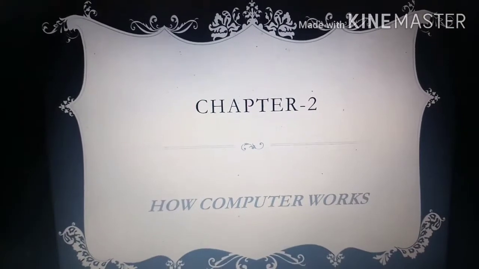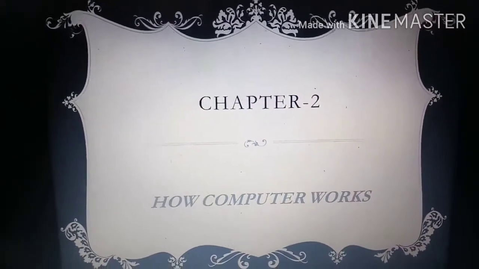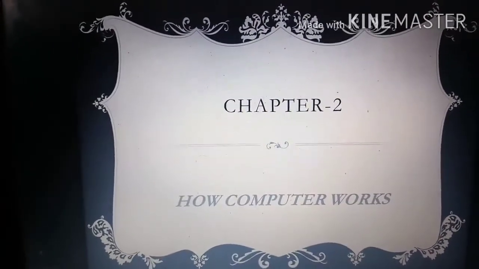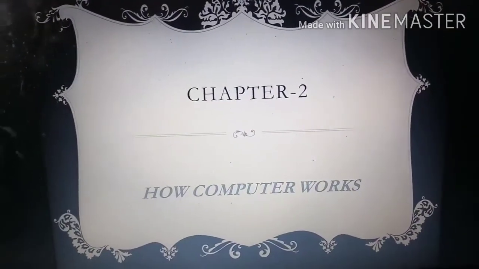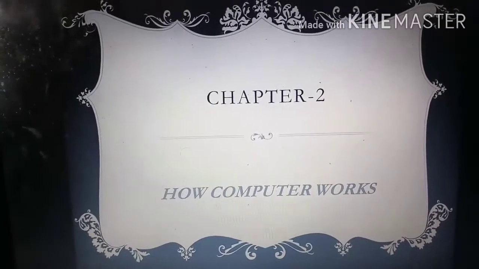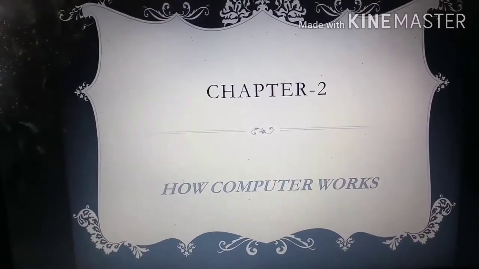So, today we will start a new lesson, chapter 2, how computer works. The name of the chapter is how computer works.